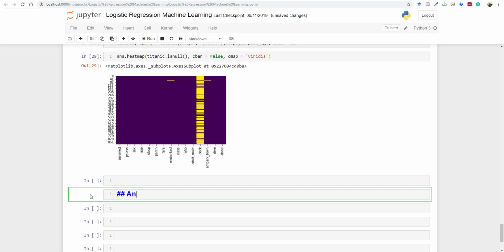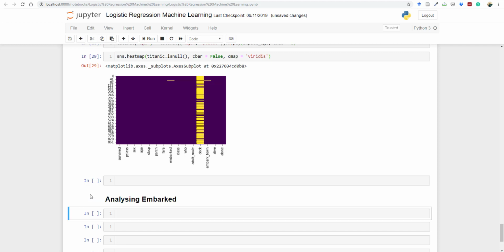Let's go ahead and write here, analyzing embarked. So here we have embarked. Now we are going to analyze this embarked. For that we are going to create a facet grid. So for a facet grid I'm gonna just create here f